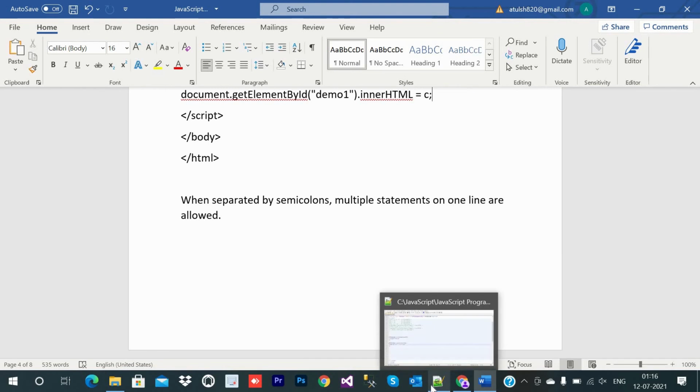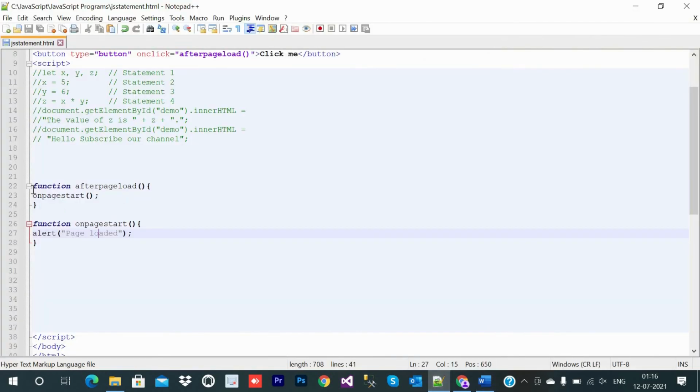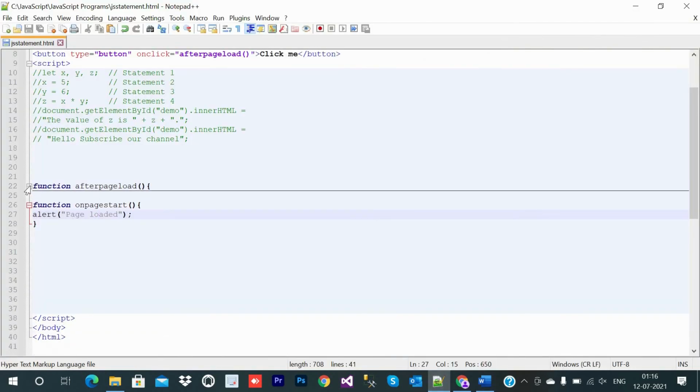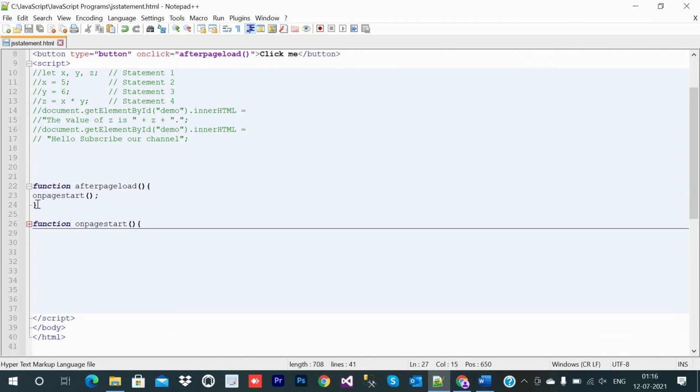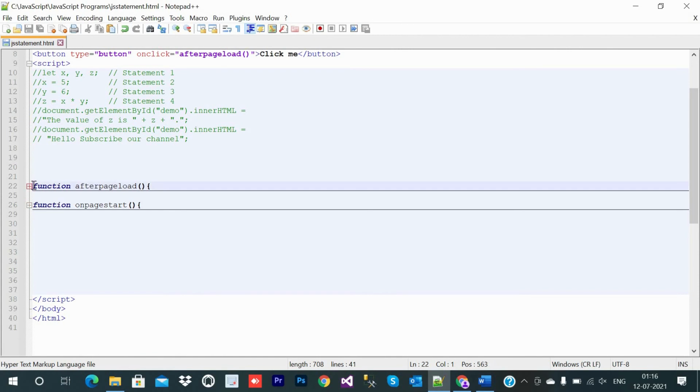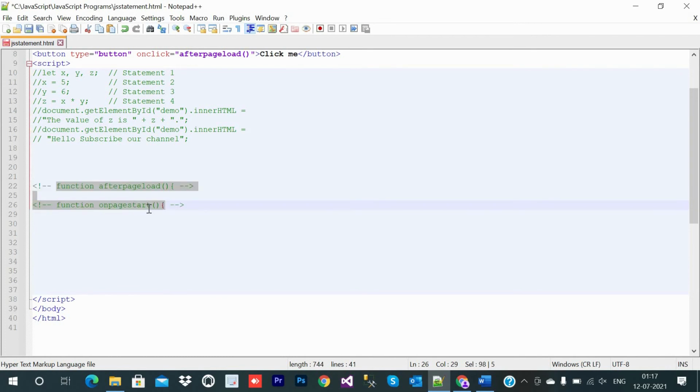So just come here, and let's do the multi-line comment. What we will do is select it, then press Ctrl+K+C, so it will comment, but it has done a different kind of comment.